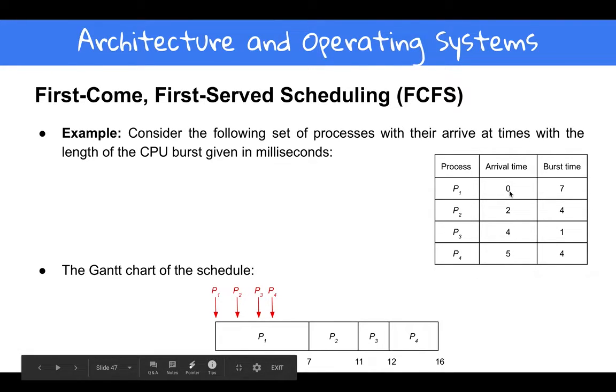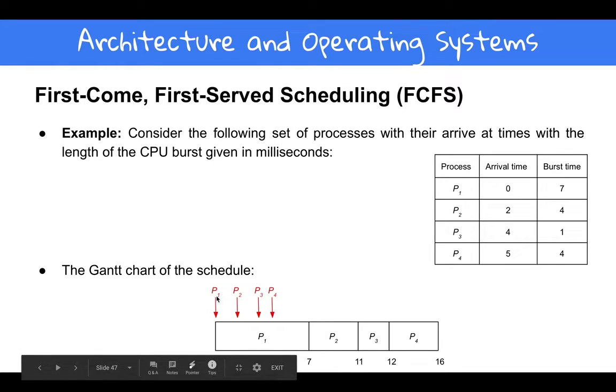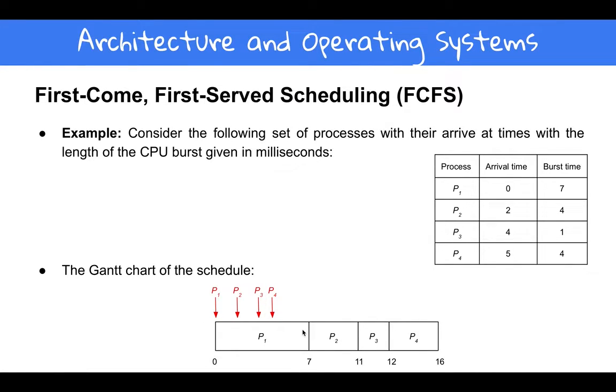So as you see here, the arrival time for 4 processes is 0, 2, 4, and 5. And you have the burst time here, 7, 4, 1, 4. So as you see here, the first one comes in second 0, the second one 2, 4, and 5. Because I want to show you how you can draw this